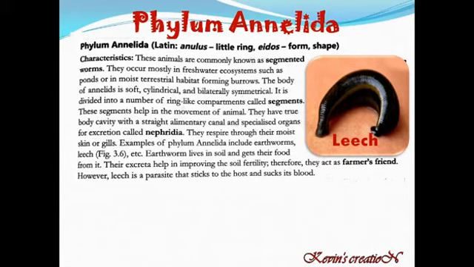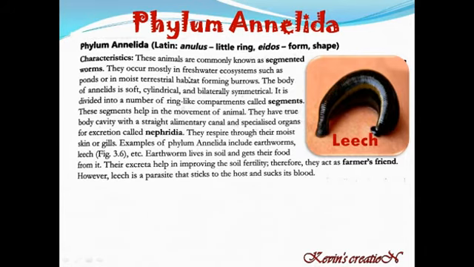So flatworms, roundworms, now segmented worms. Why segmented? Here you can see the segments on the body. Their body is divided into various segments. That is why the name segmented worms is given. They occur mostly in freshwater ecosystems such as ponds or in moist terrestrial habitats. So here also near the water you can find them, near the springs,